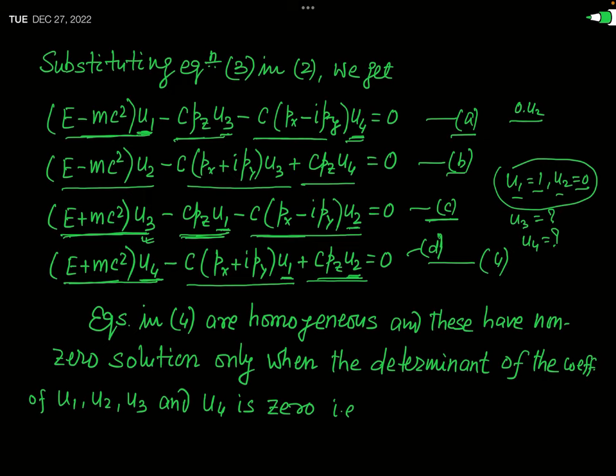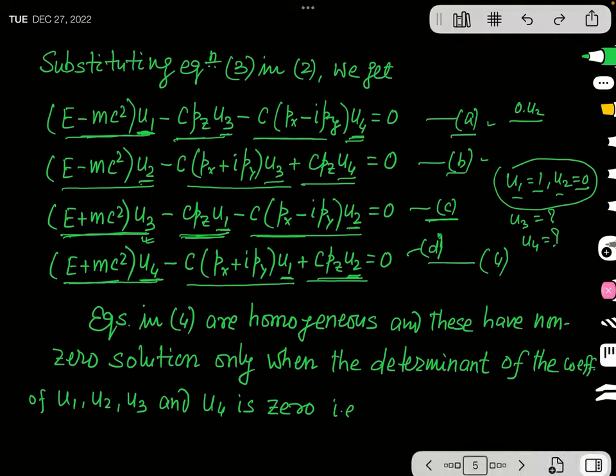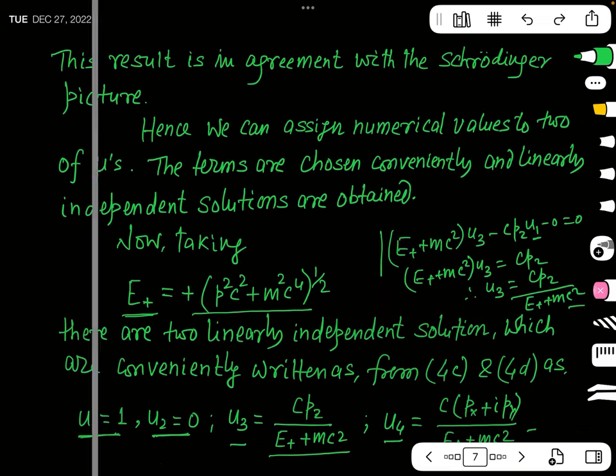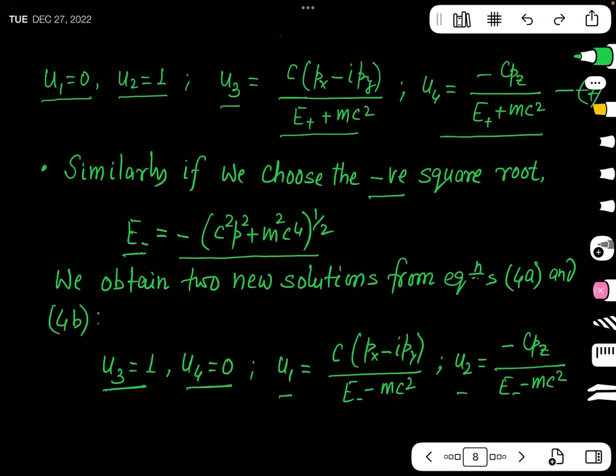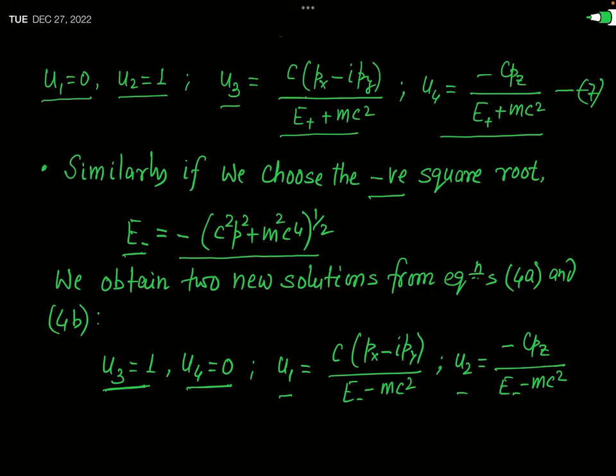So in that condition, from equation A, you can obtain the value of u1. And from equation B, when you put the value of u3 and u4, you can obtain the value of u2. So from these two equations, 4a and 4b, substituting the values of u3 and u4 arbitrarily equal to 0 and 1, we can obtain the two new independent solutions of this equation. And what are those solutions? You can see. In the first set of u3 and u4, we have considered u3 equal to 1 and u4